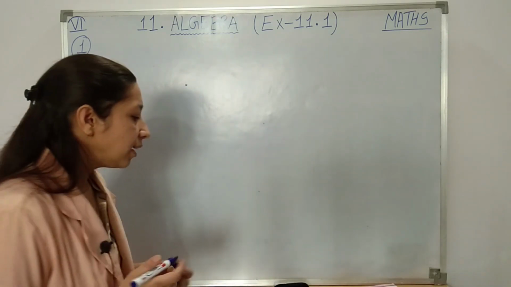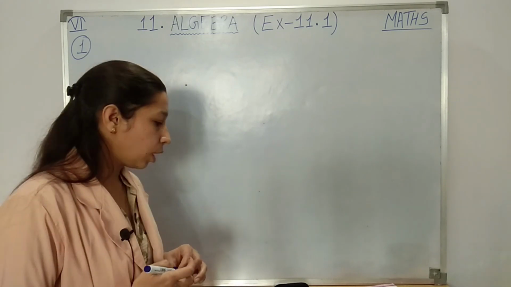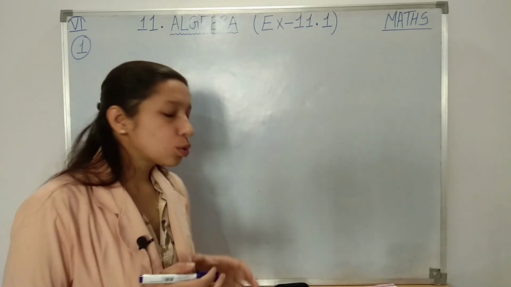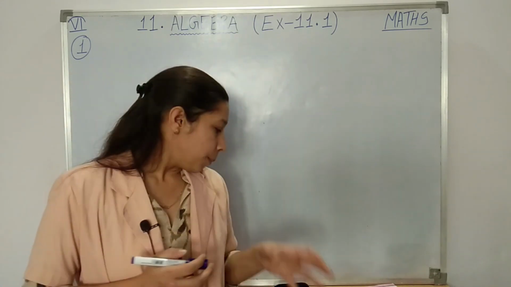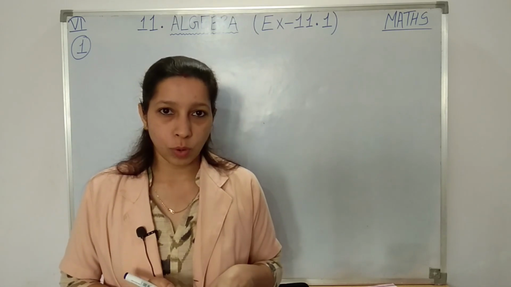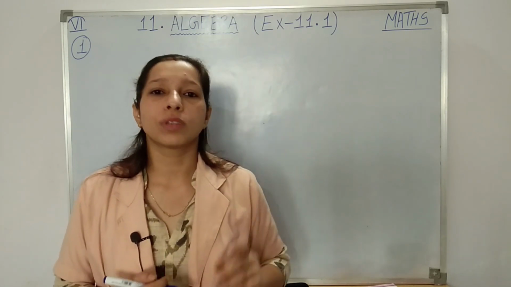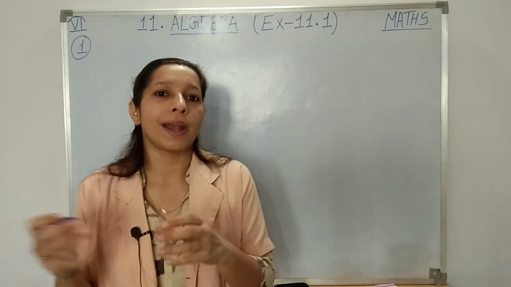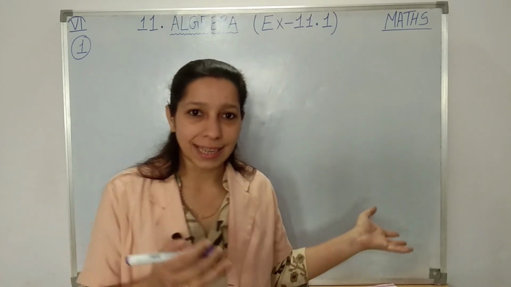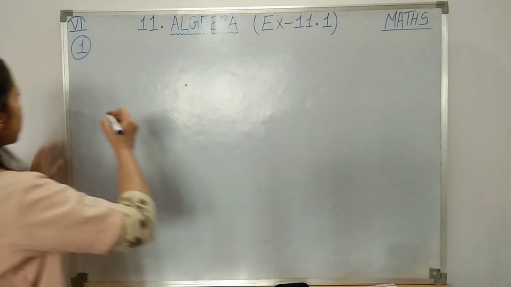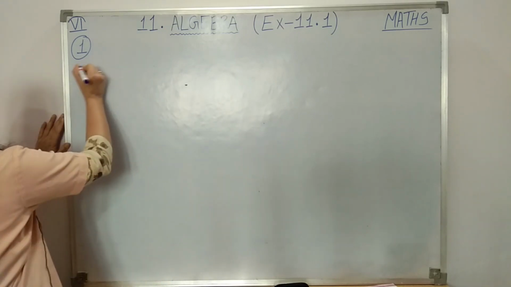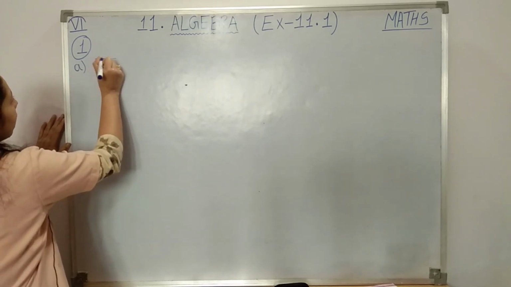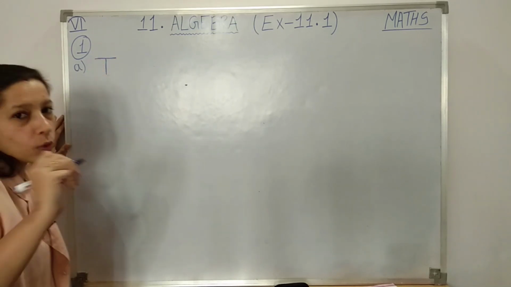Here it is saying, find the rule which gives the number of matchsticks required to make the following matchstick patterns. Then use a variable to write the rule. So students, here some patterns of alphabets are given to us. We have to make those patterns using matchsticks, and then write the rule using a variable for making such patterns. In simple words, let us see and understand. As for the first point, students, for which alphabet are we asked to make the pattern? For T, isn't it?